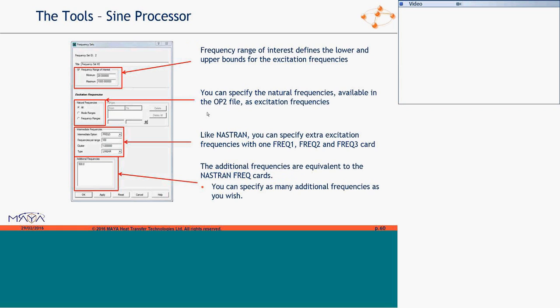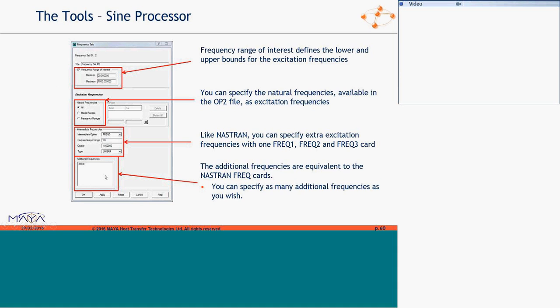Now, define a frequency set. A frequency set is where you want to excite, what frequencies you want to excite your structure. You can pick your lower frequency bound, as well as natural frequencies, as well as intermediate frequencies between the bounds and the natural frequencies using FREC 2 or FREC 3 formats. FREC 2 splits up the domain in however many ranges, whereas FREC 3 will split up the frequencies between each mode shape.